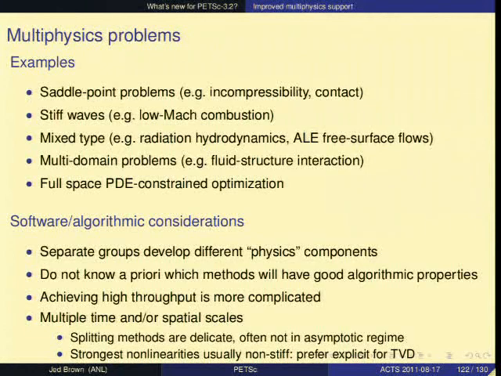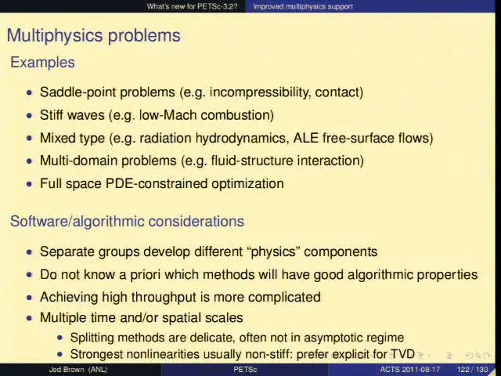So in terms of software, we want ways to package up the physics components in a maintainable way, say if separate groups are developing those. We don't know a priori all of the methods we might want to use.